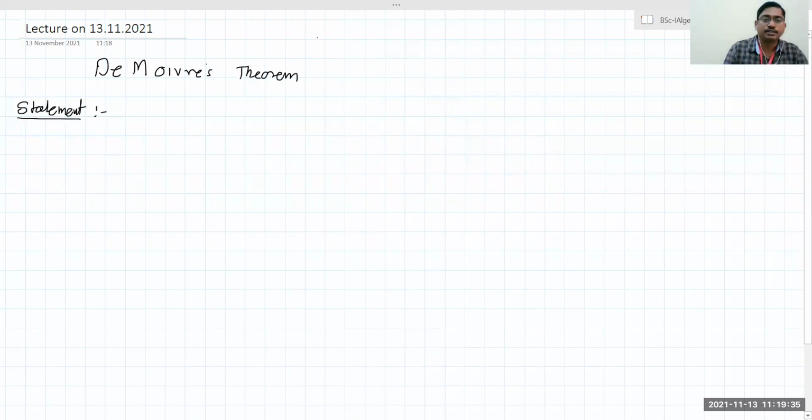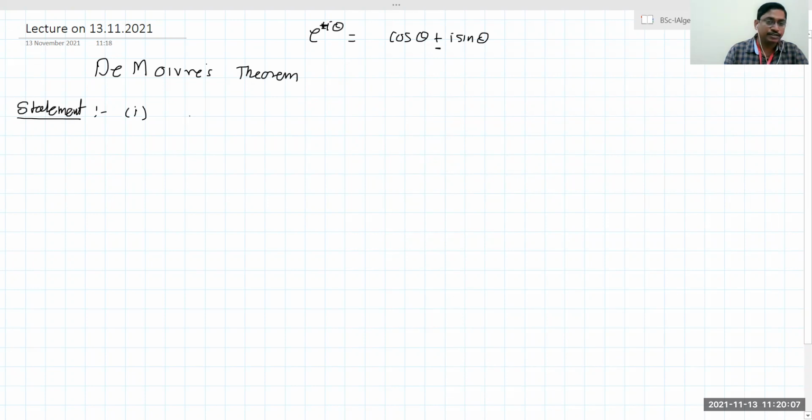As in the earlier lectures, we have defined Euler's quantity, that is e raised to i theta is cos theta plus i sin theta. And when you write the conjugate of this, it means a minus sign here. I'll write plus or minus, and here also we'll get plus or minus. So we are thinking about what will be the power of this cos theta plus i sin theta in De Moivre's theorem. There are two parts of this statement.